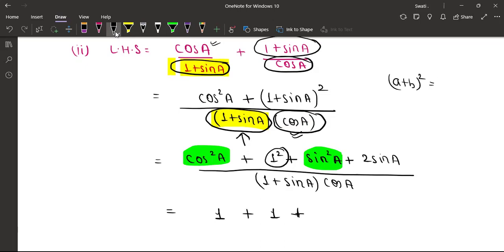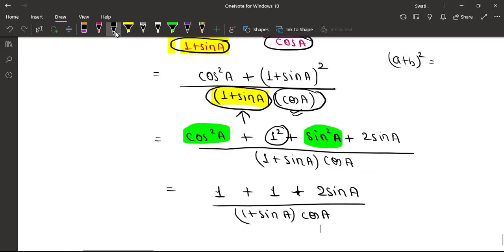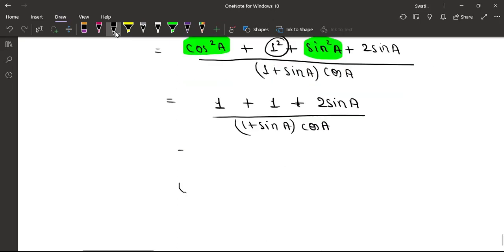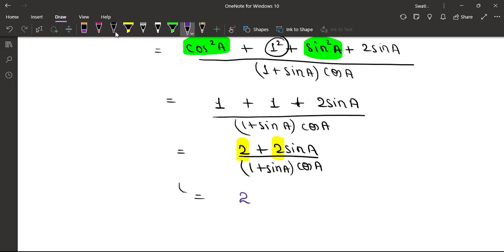And then this plus 2 sin A as it is, ठीक है, अपॉन ये जो 1 plus sin A है वो as it is हुआ, और जो ये cos A है वो हम मल्टीप्लाई कर देंगे. सेम यहां से मान्या, इट्स वेरी सिंपल अगेन. 1 plus 1 क्या होगा? 1 plus 1 is 2, so 2 plus 2 sin A, and then upon 1 plus sin A into cos A. मान्या, got it? अब न्यूमरेटर से can we not take this 2 and this 2 common? तो जैसे हम वो 2 कॉमन लेंगे,